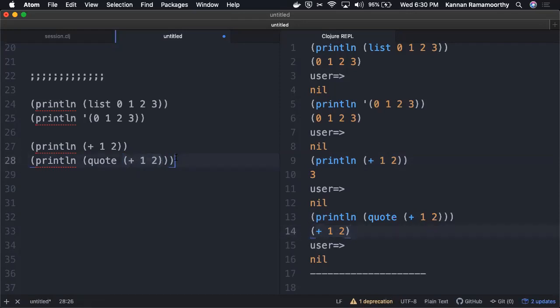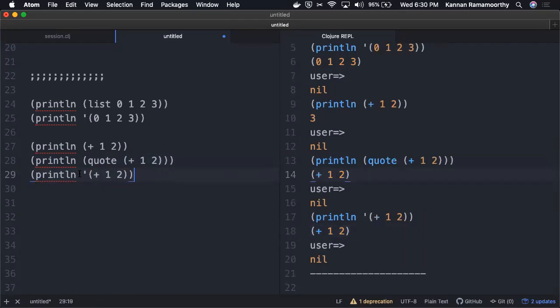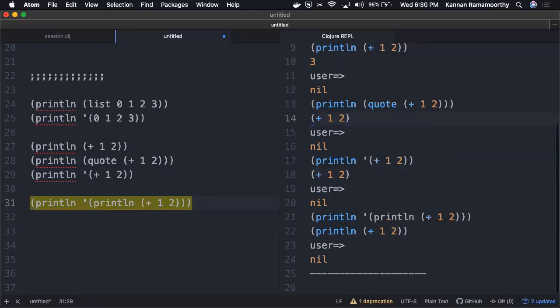There is a short form of writing this. You can just put the quote symbol, and this works the same as quote. Okay, now I'm just taking the first element and printing it.